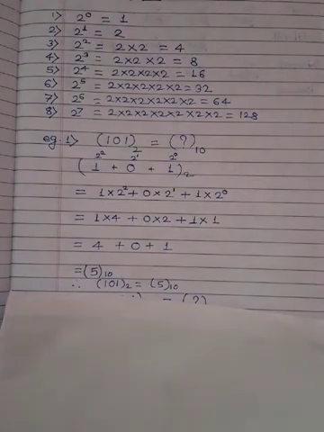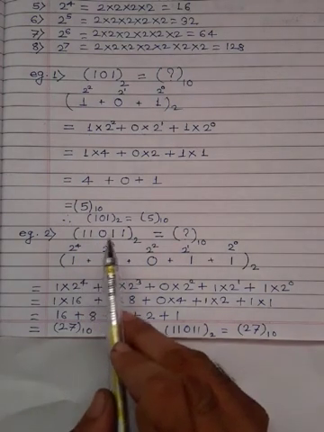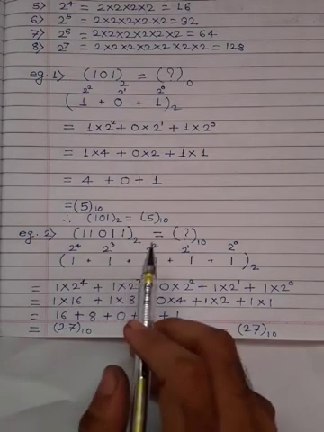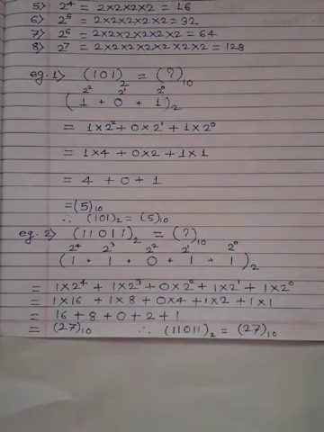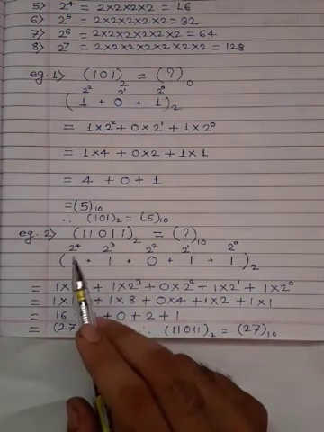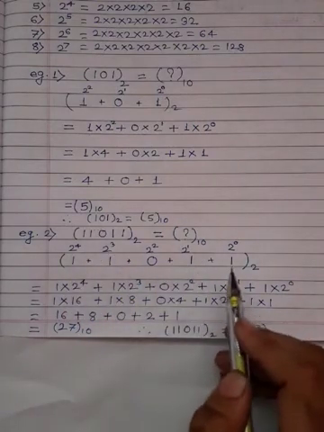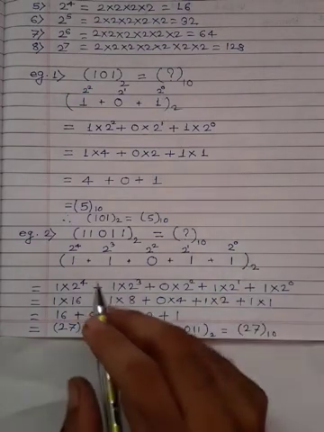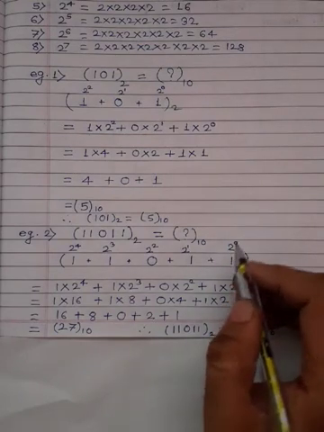Now let's see the next example. Our next example is 11011, and it is in binary format again. What we have to do is convert this number into its decimal equivalent. So again, as I told you before, write the number 11011, make a bracket and give the sign of binary. Then at the top, from the right side, write down the increasing powers of 2.